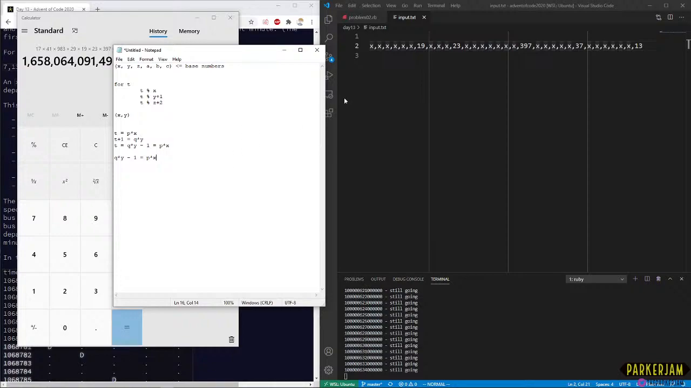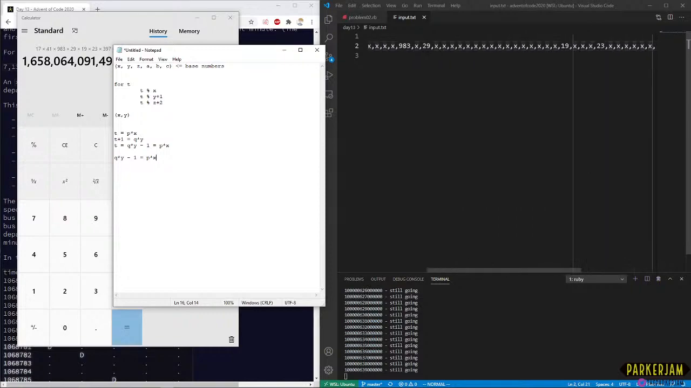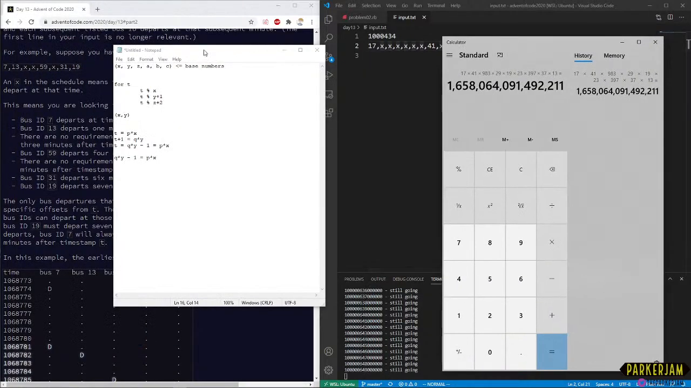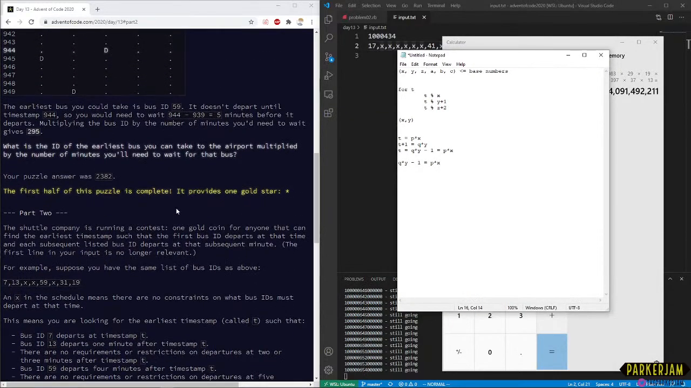So if we were dealing with this literally, let's just use the sample input. We basically have the equation t equals 7 x times 7, t plus 1 equals